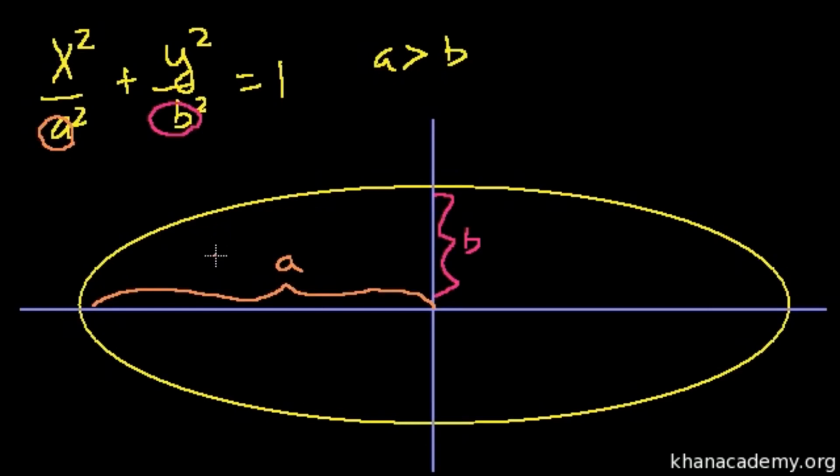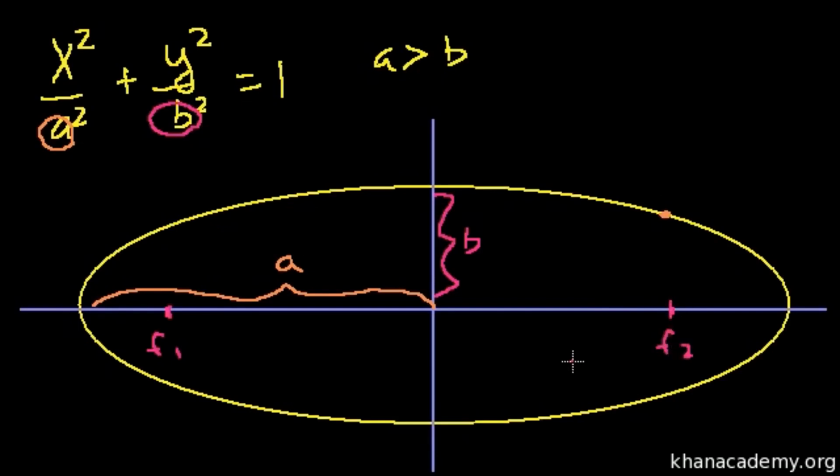Now, another super interesting and perhaps the most interesting property of an ellipse is that if you take any point on an ellipse, and measure the distance from that point to two special points, which we will call the focuses or the foci of this ellipse. These two points always sit along the major axis, so in this case it's the horizontal axis, and they're symmetric around the center of the ellipse. Let me call this one F1,